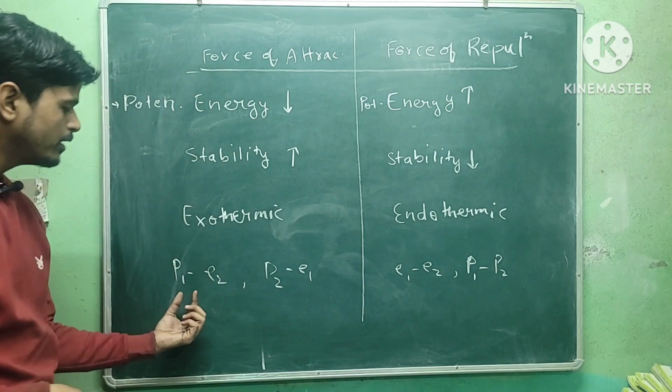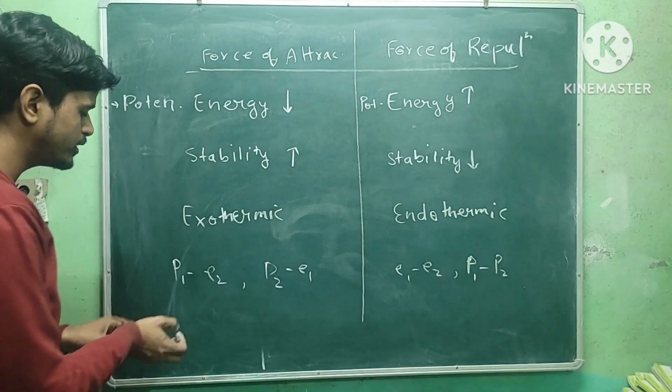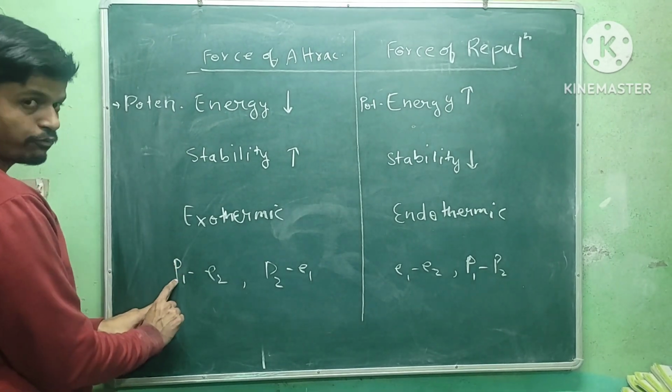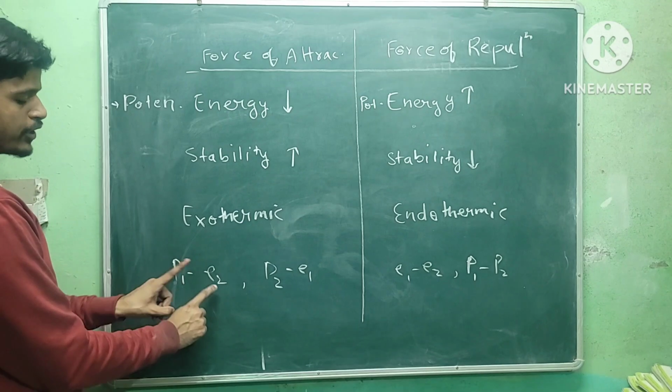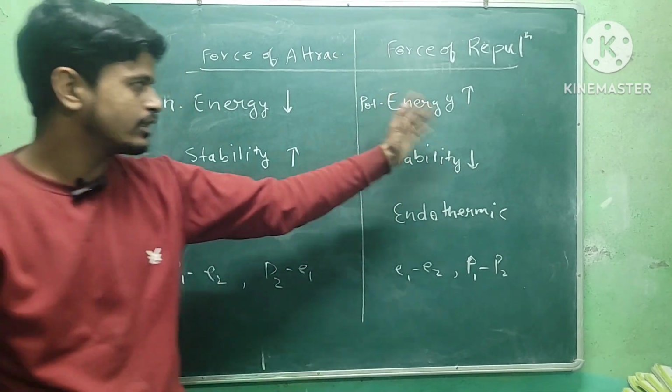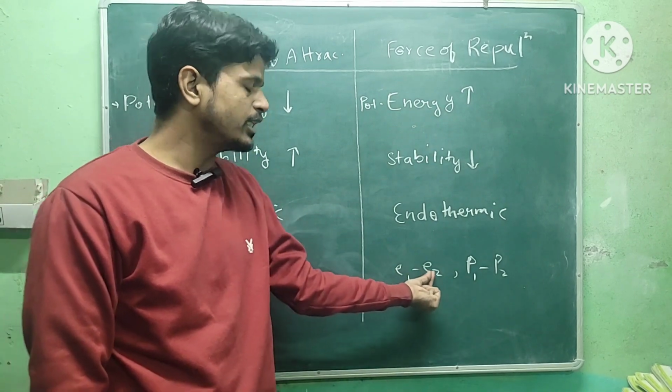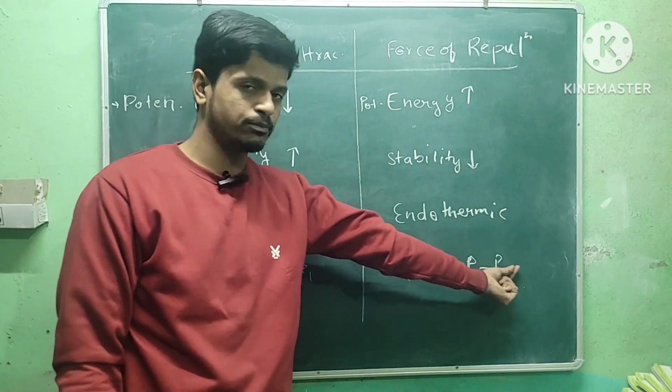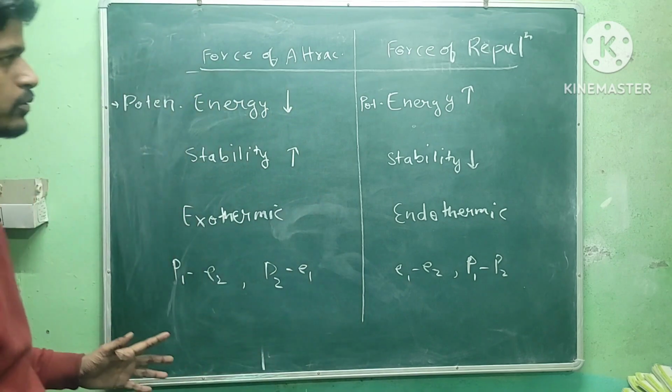Okay, and here the attraction happens due to the attraction between the proton of the first atom and the electron of the second atom, and the proton of the second atom and the electron of the first atom. In repulsion, it is electron with electron of the second atom and proton with proton of the second atom. So that's